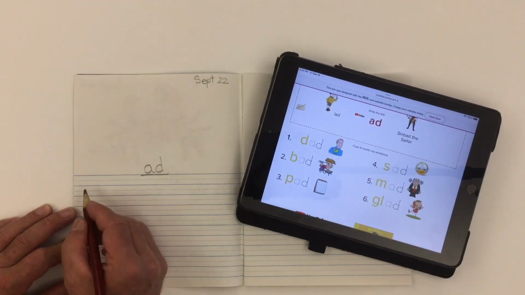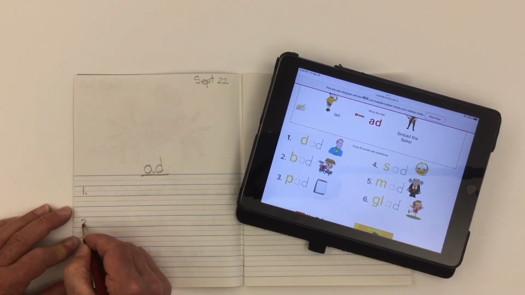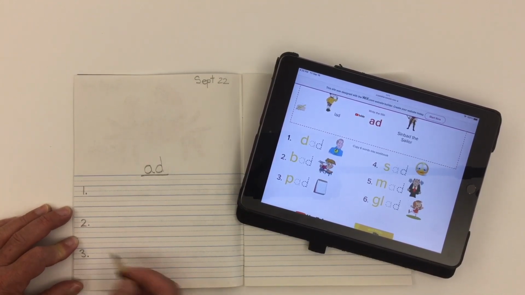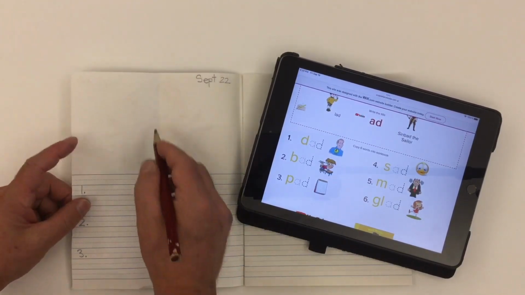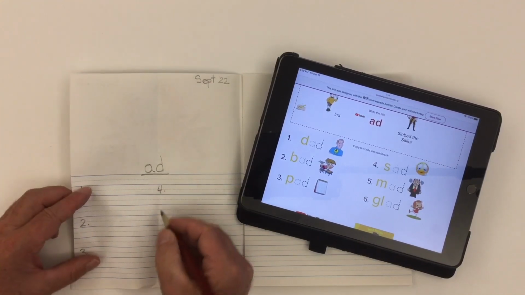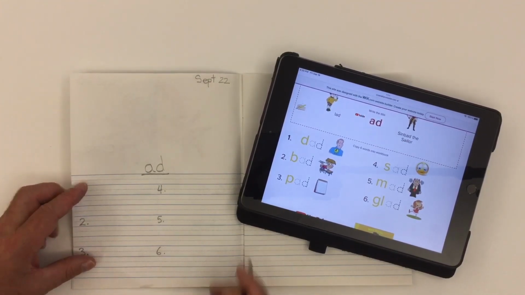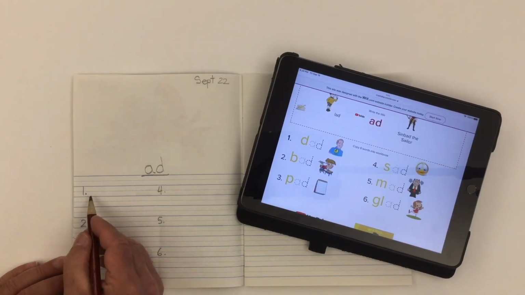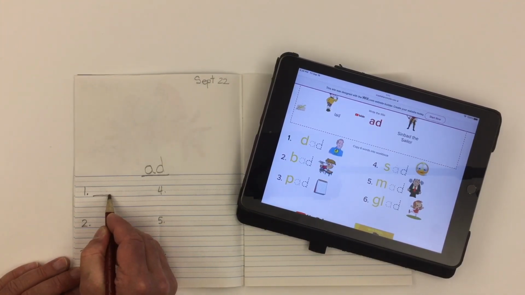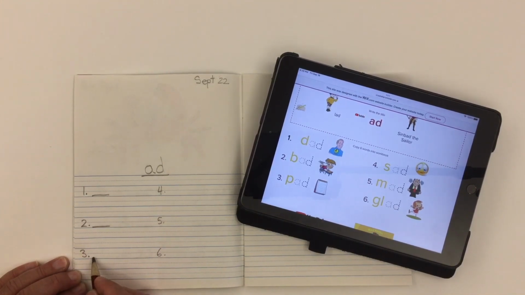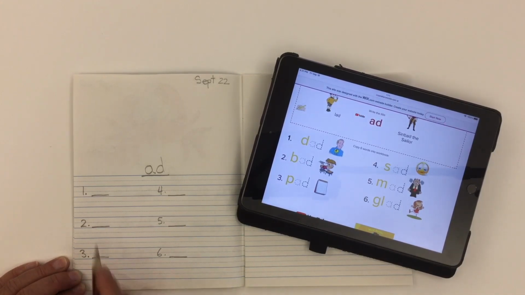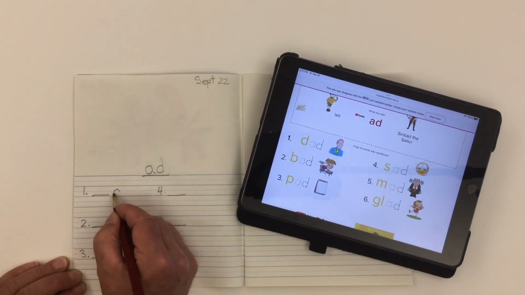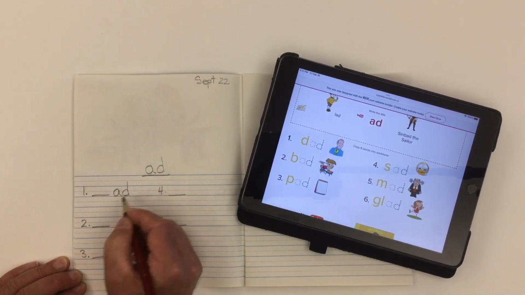And let's set up our page with the numbers. 1, we'll skip a couple lines. 2, skip a couple lines. 3, and then down the center of my page, which I can find by folding, right where the fold line is, I'll put my 4, 5, and 6 for my 6 words. Now the beginning of my word is going to have a different letter each time, so I'm going to put a line for that different letter that's going to appear in front of each one of the words. There's a line after 1, 2, 3, 4, 5, and a line after 6. And after the line, I can put my word ending, which is going to be the same for all 6 words. A-D,